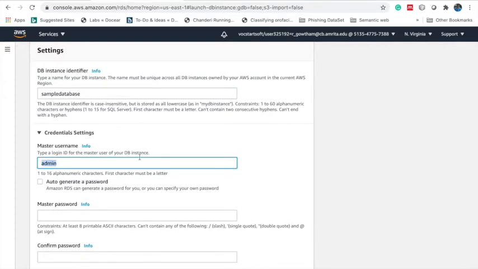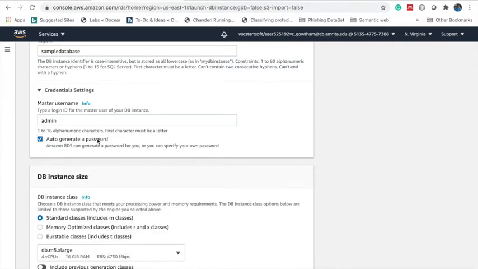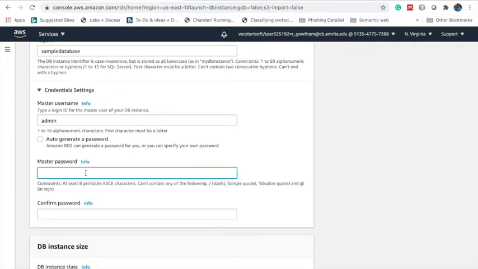The default username is admin, and I'm going to leave it as admin itself. The password we can either provide ourselves or let AWS generate it. In my case, I'm not going to let AWS RDS generate my password. Instead, I'm going to give my own password.